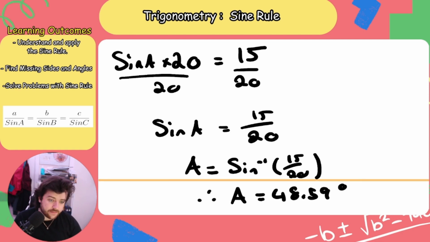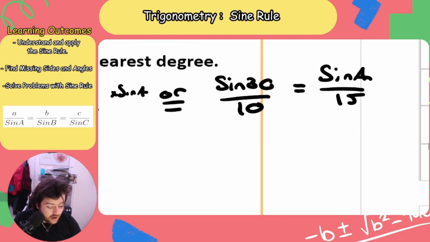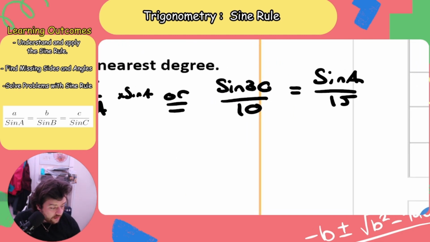48.59 degrees, right? And the same goes for over here as well. So I have sine 30 divided by 10 is equal to sine A over 15. So I use my reciprocal property there. So on the left-hand side, I am going to have